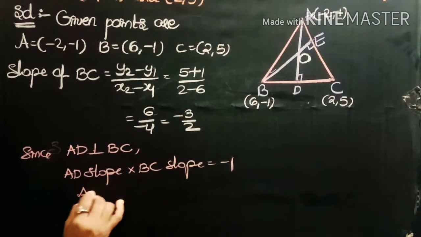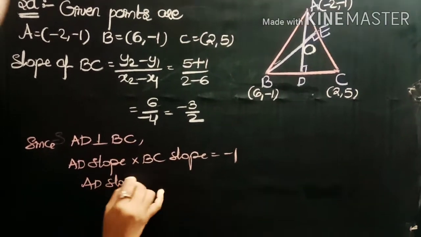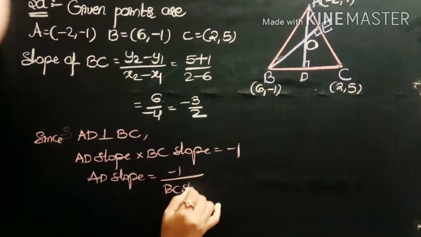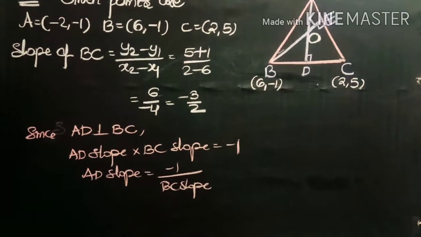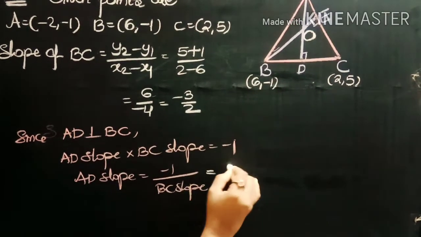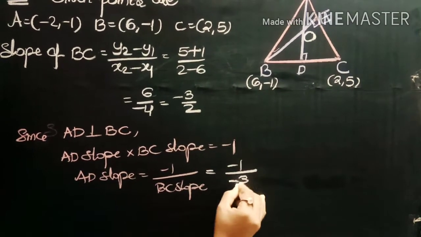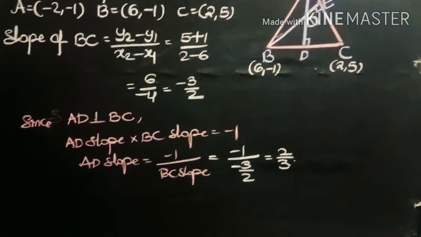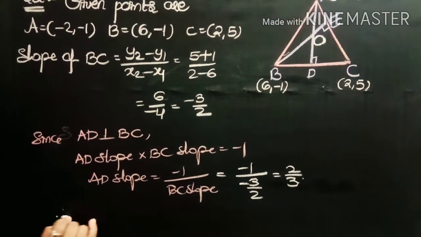Therefore, slope of AD is equal to -1 by BC slope, and that is equal to -1 by -3 by 2, which is equal to 2 by 3. Now we are finding the equation of AD. Therefore, equation of AD is,